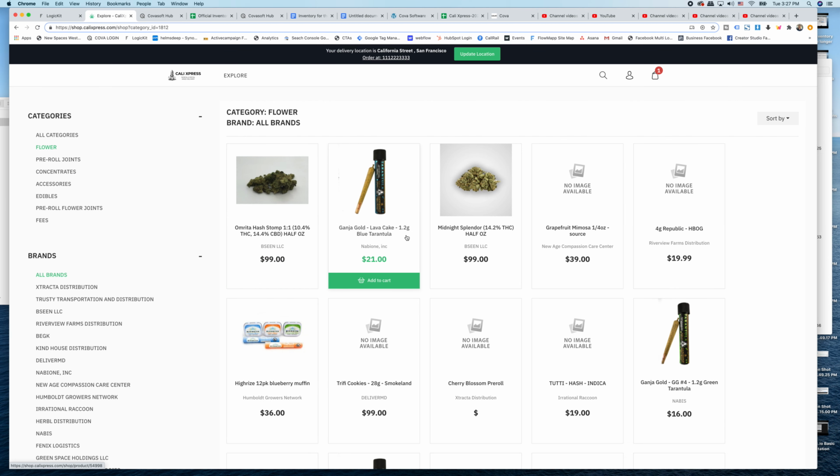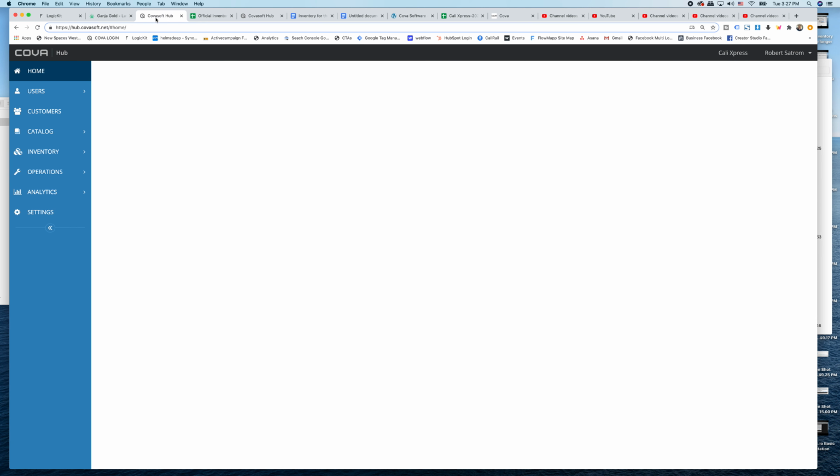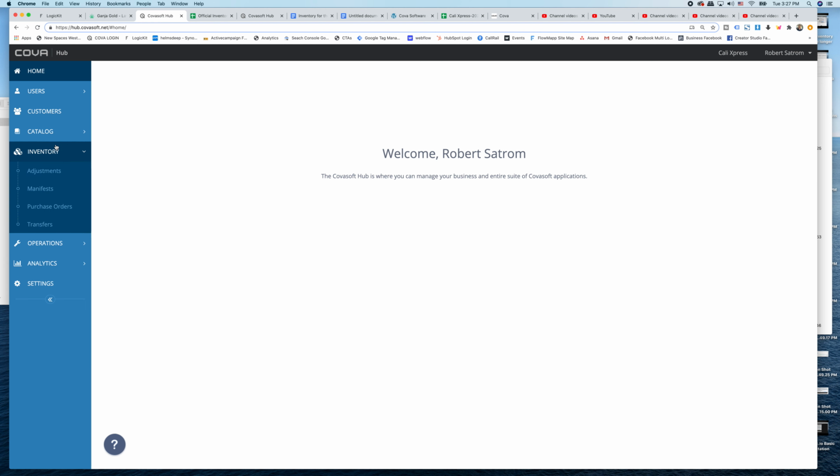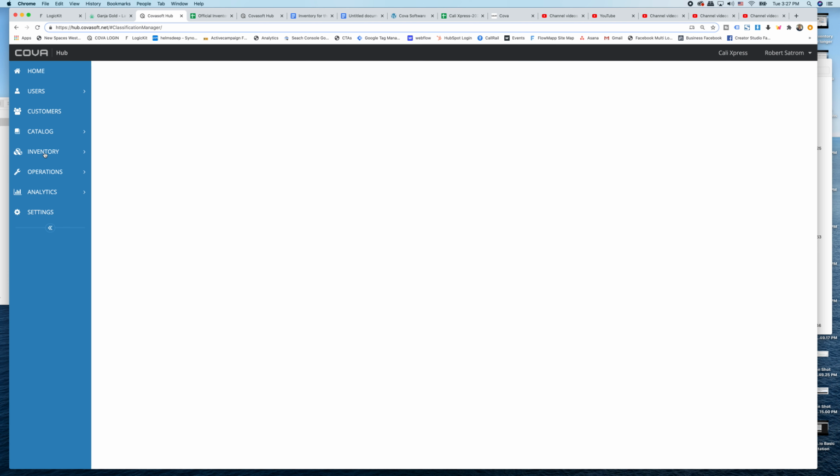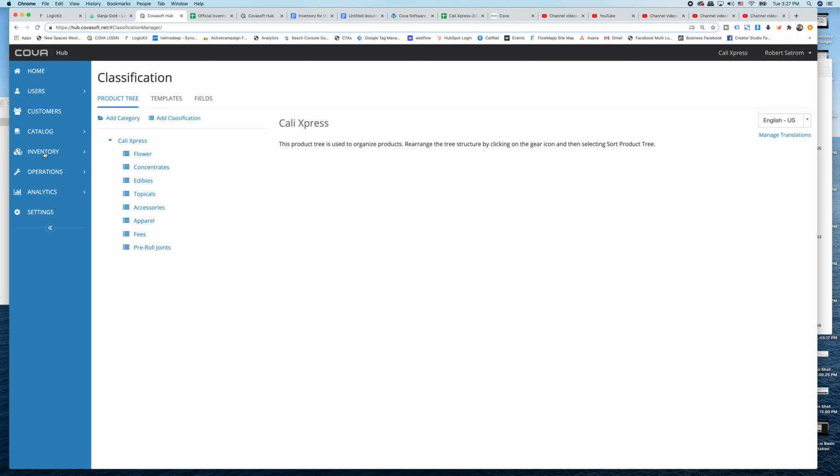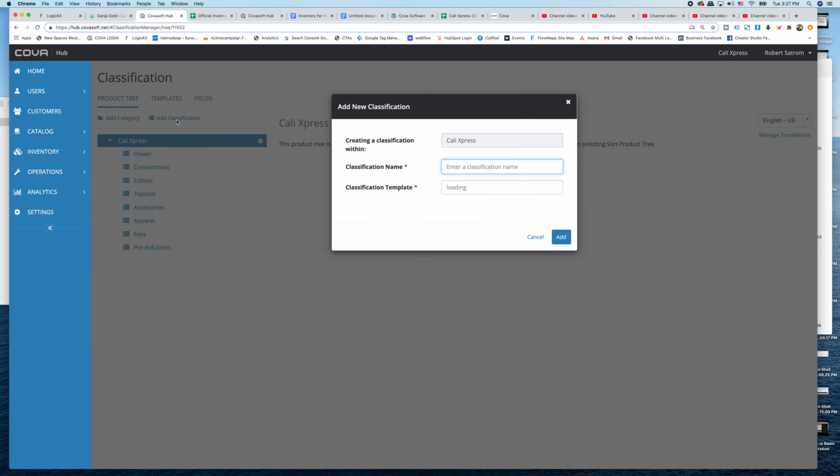So we're going to look at this blue tarantula, the Ganja Gold blue tarantula. Once you get it up here, what you want to do is go to inventory, or go to catalog and then classification. What's weird is in Cova Software, the actual categories are called classifications. Essentially, what we would do here is don't add a category, but if we hit add classification, we